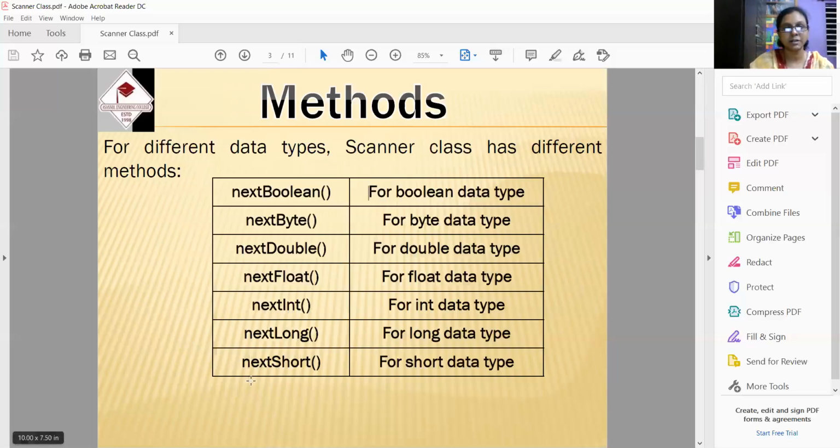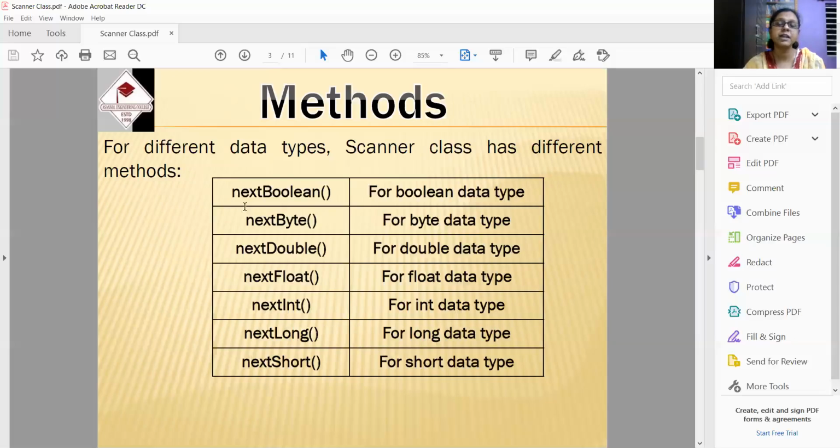So there should be another method for taking a string type of input from the keyboard, which will be given to the source code and used within the source code. A character cannot be taken singly, so I will take a string, and then the individual character can be fetched from the string. Already you have studied String and StringBuffer via the charAt method. Index will be given for that particular string, and one by one each individual character can be fetched. Up to that point, I think it's clear.